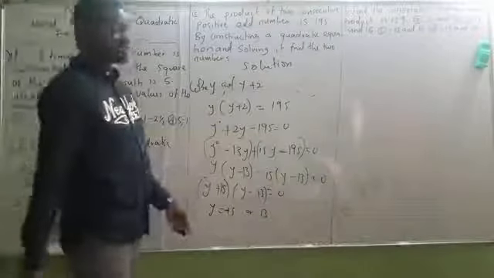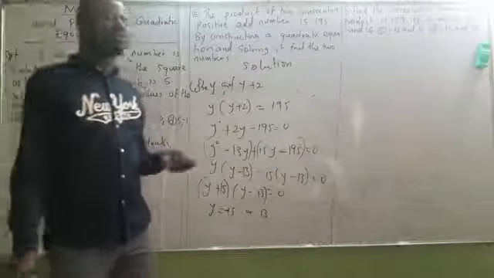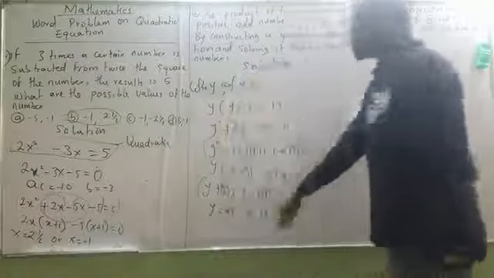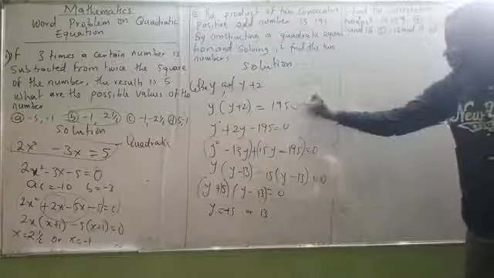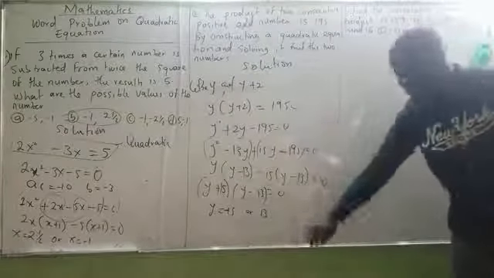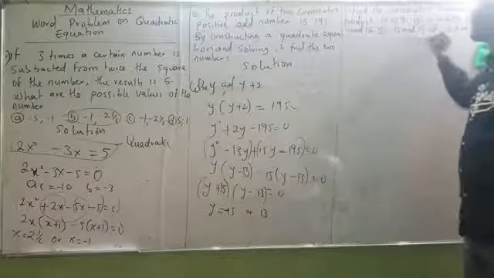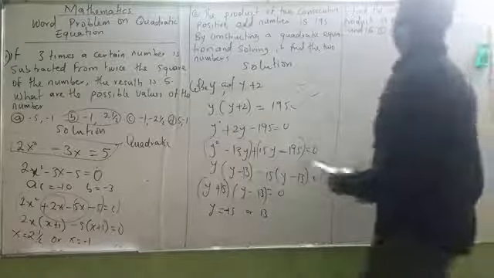I've told you earlier that whenever you are solving any equation, it must satisfy equality. Side A must be equal to side B. Take note of that. Now, I think that one is solved. What I'm after here is the word problem part. These ones, we have solved anything pertaining to it before. We don't have any problem.